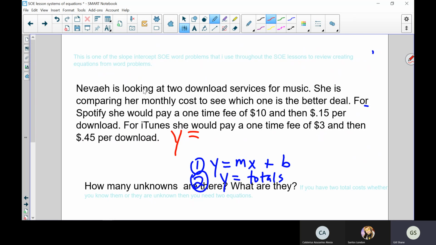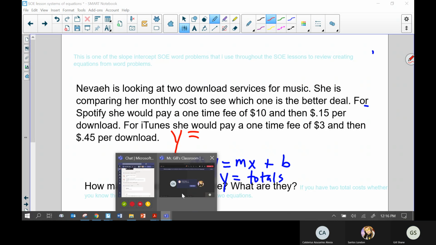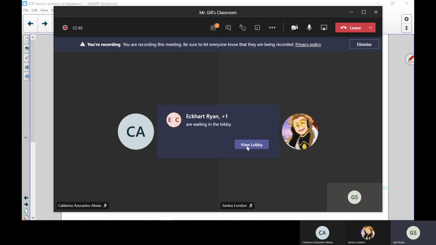If something's about the same item or person, they better be in the same equation. I better never see you put 10 in one equation and 15 in another equation. If they're about the same service in this particular problem, they better be in the same equation. So if this equation is going to be about Spotify, then it better